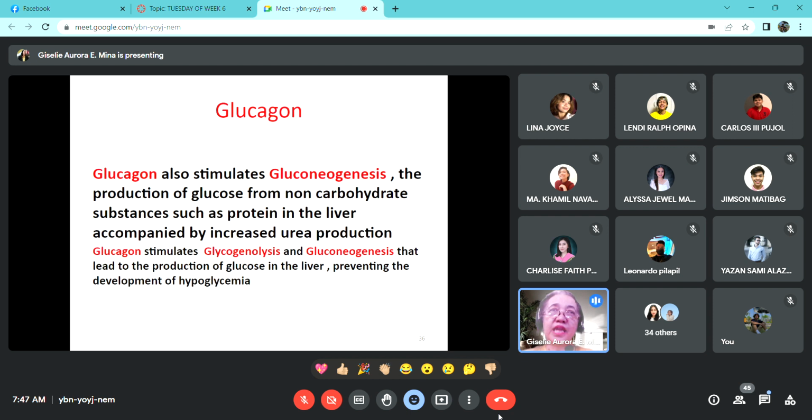Okay? So what will happen to them? So usually they produce glucose from protein and other biomolecules. So protein or lipids can also be a source of glucose. Specifically from protein, because there are amino acids that can be converted to glucose through the process of gluconeogenesis. This is the production of glucose from non-carbohydrate substances such as protein, and this happens in the